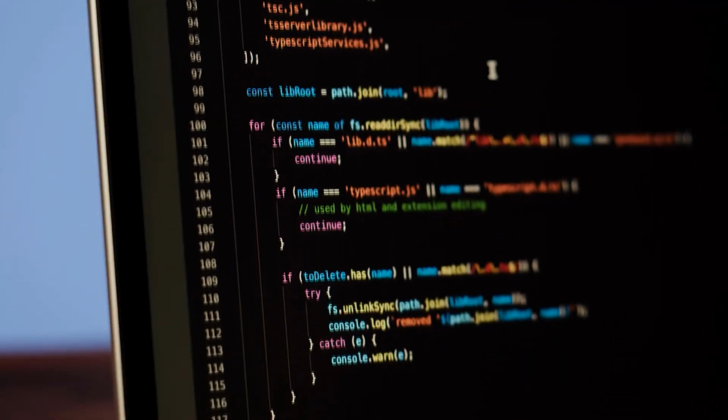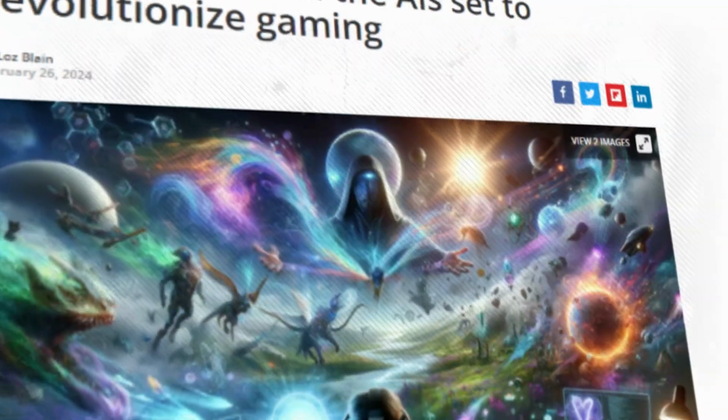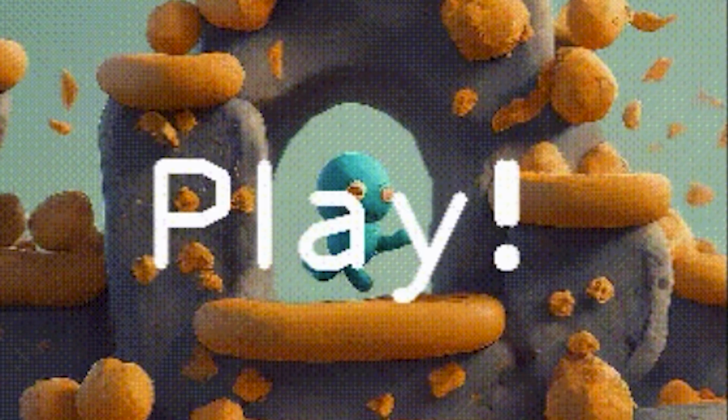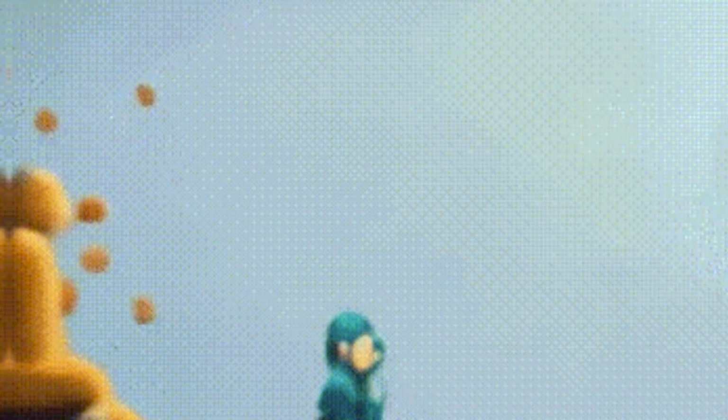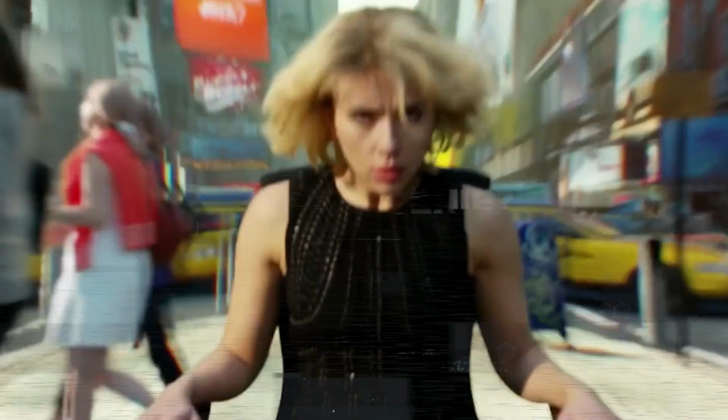Picture a video game that you would like to play, and then imagine AI creating that game for you in a matter of seconds. How does that sound? Google just launched Genie, an incredible image-to-video AI model that has left us speechless with its abilities and potential applications. Honestly, this changes everything for us. But just one question: how did we get here?